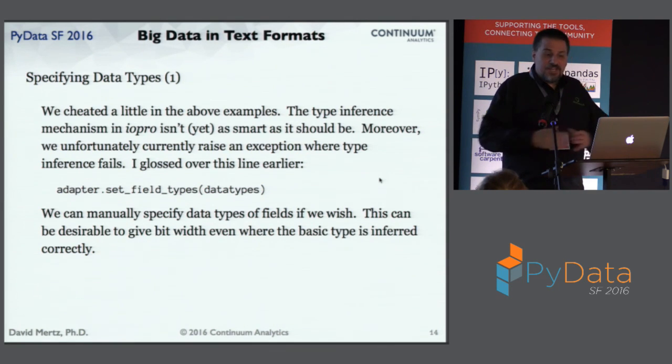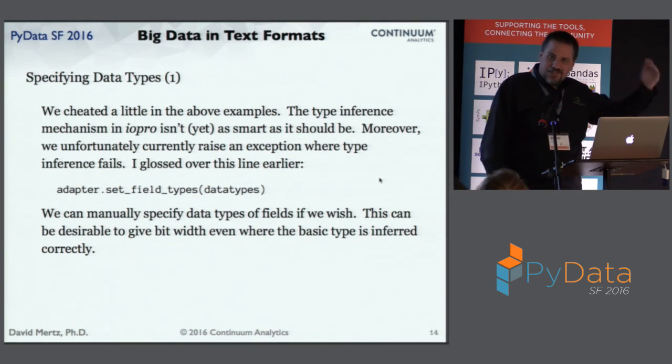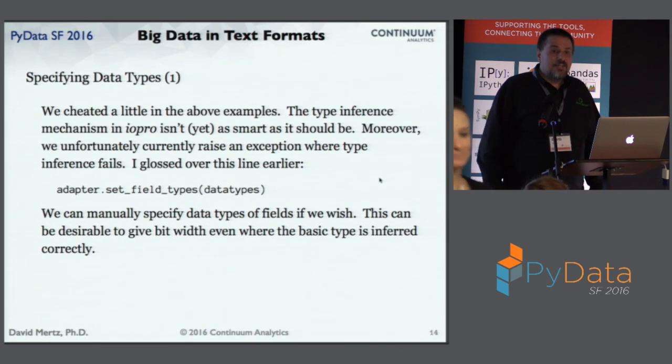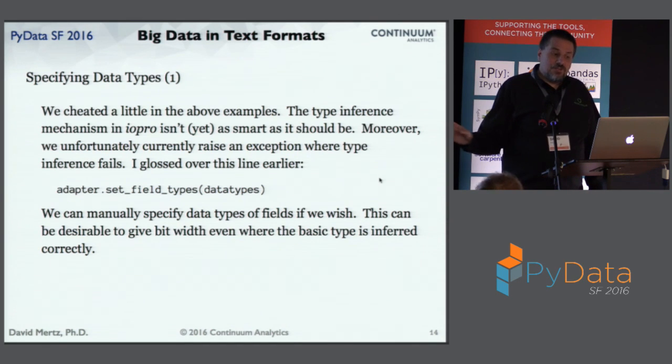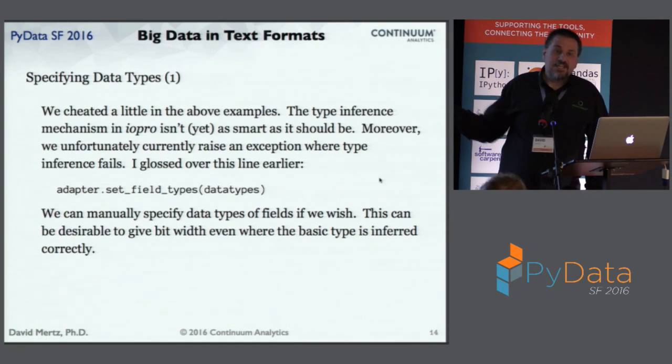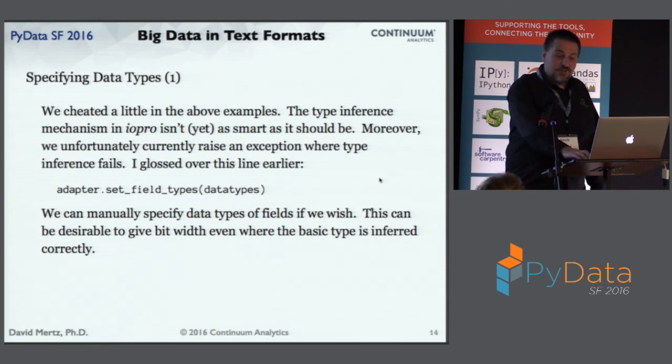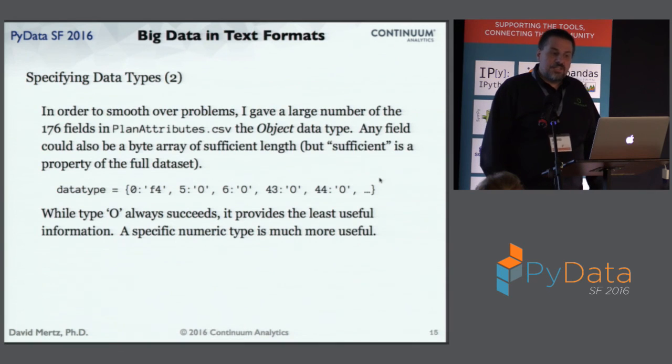For what it's worth, if you were to take a huge slice, it would probably make a much better guess because you'd have seen representations of all the data within a particular column, and that would be kind of nicer. But in my example, I was just taking the 5 rows out of it. But there was a line above in the code that I showed you that had this, and I just imported what data types was from another module that I didn't show you. But this is what was in it. Something like this,